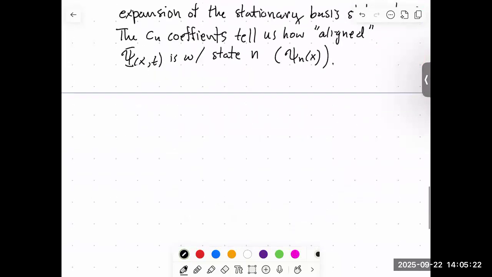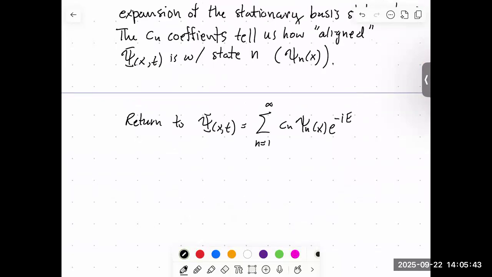So I want to return to this solution, the thing that I just reviewed. It's a sum of some coefficient Cn times our stationary state times the time-dependent part, like so. And I want to consider first